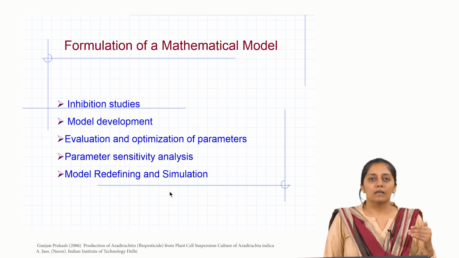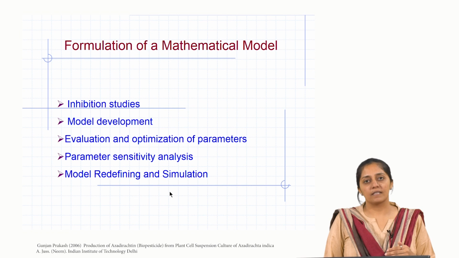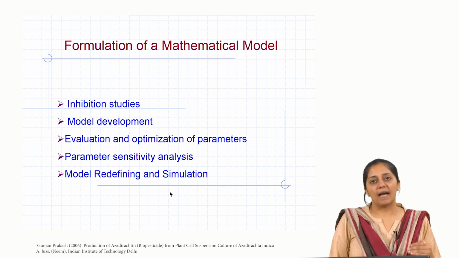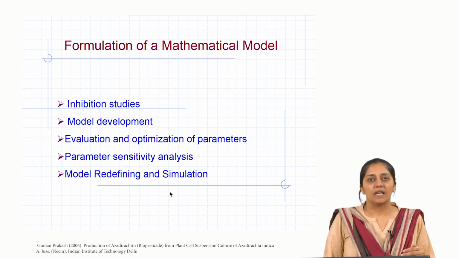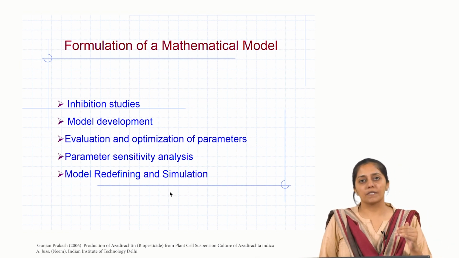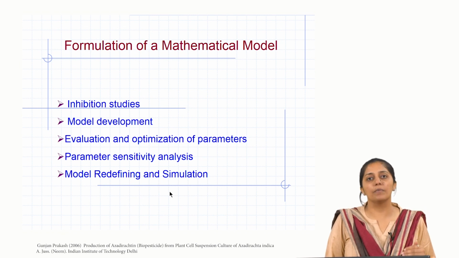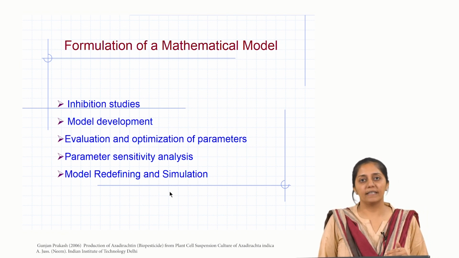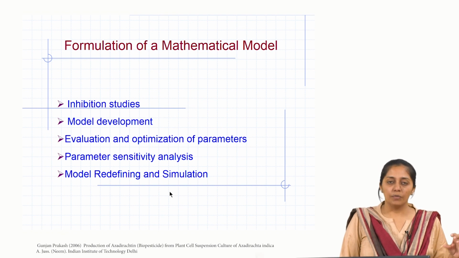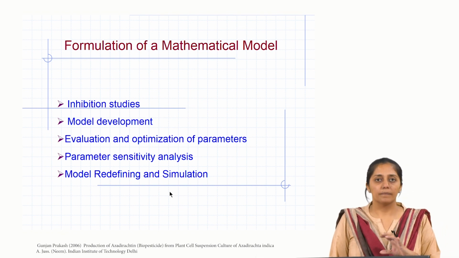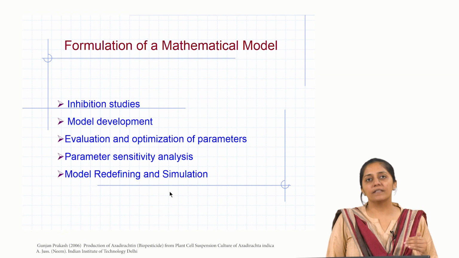Then they incorporated this inhibition effect into their batch growth kinetics, and then with the model, which was a description of substrate utilization kinetics, product formation kinetics, and biomass or growth kinetics, they simulated these equations, optimized, and evaluated the parameters